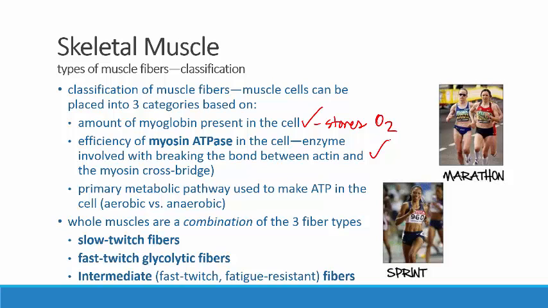So overall then, we can classify muscle fibers as slow twitch fibers, as fast twitch or glycolytic fibers, or as intermediate, sometimes thought of as fatigue resistant fast twitch fibers. So we got 3 different classifications, and whole muscles are always built of a combination of these 3 fiber types